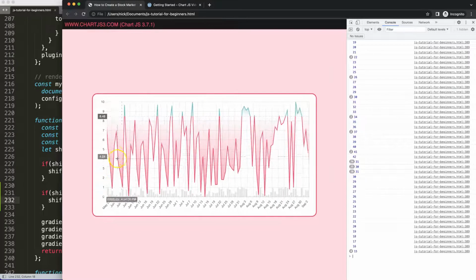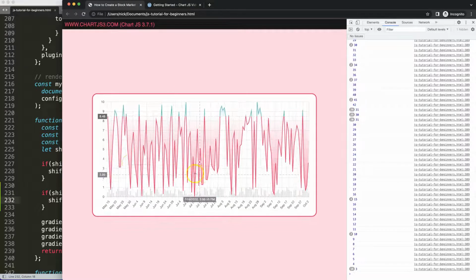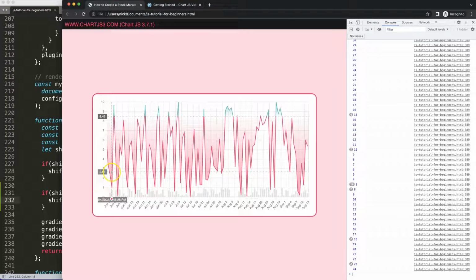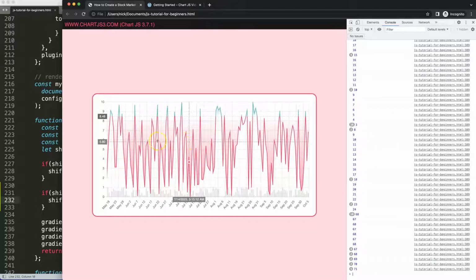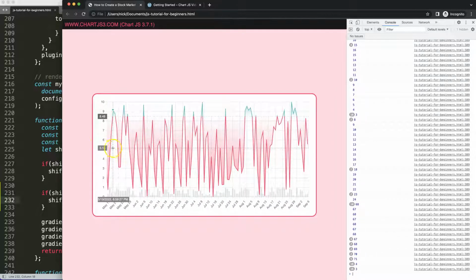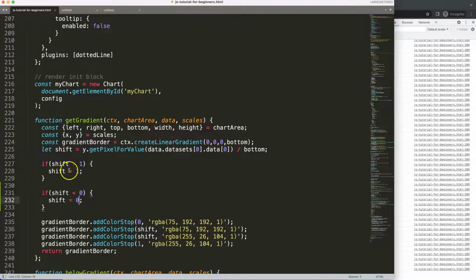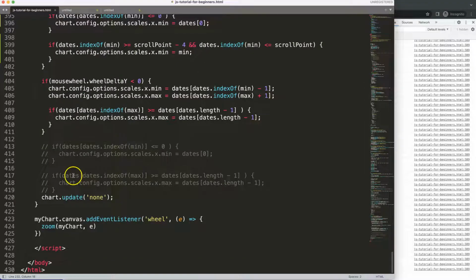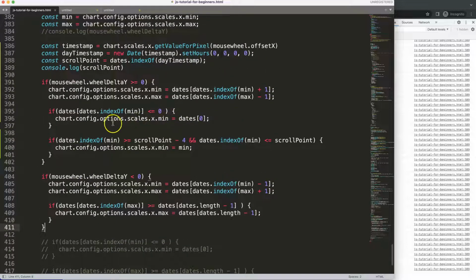When I zoom out again, we might want to maintain the zoom out consistent, so we don't want a zoom out when we zoom out and we are still here with our mouse. If we're here, we can zoom out on both sides. But when we are here, we might want to zoom out only on that side. So I'm going to create another item in here. Let's scroll down. In this case, I'm just going to copy the code that is in here. We can just duplicate this,